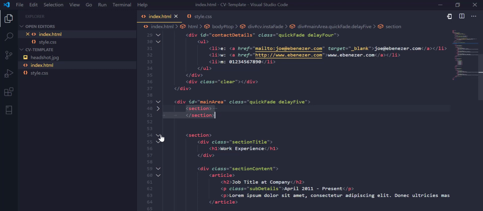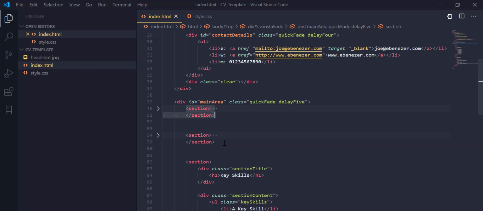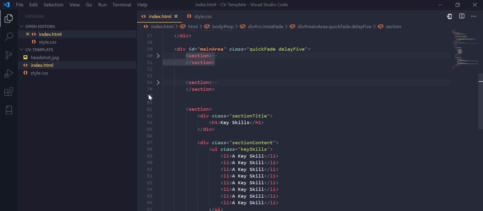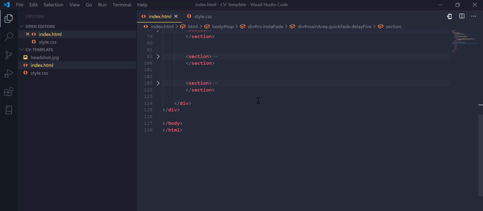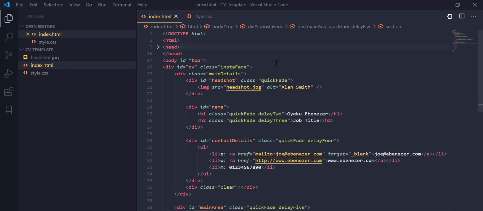This one contains the work experience of the person. This is another section, which contains the skills the person has acquired over the years. And also we have the last section, which is the education, which contains the college or university he has attended. It's just a simple HTML file that you yourself will be able to tweak and work with. So now that is our